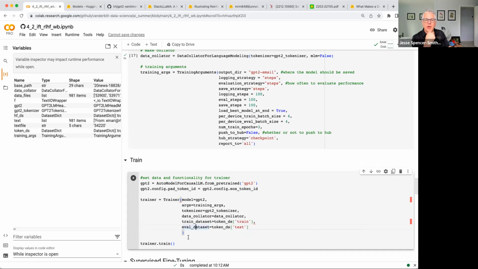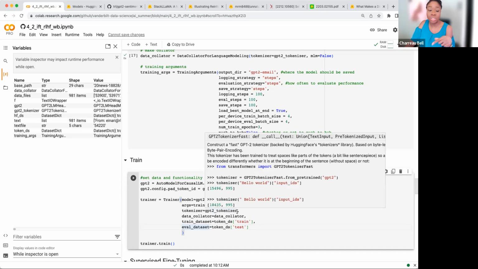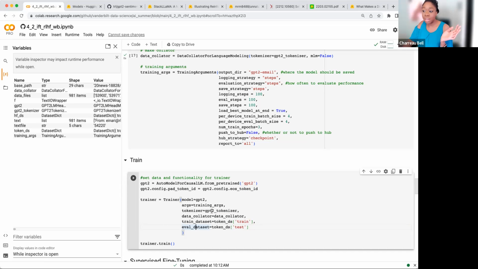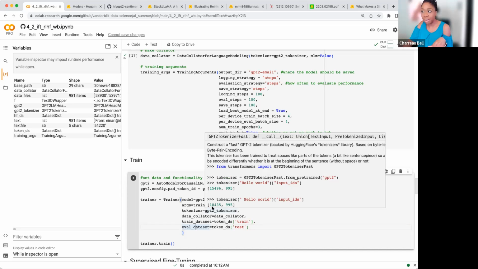And Chara, you have a question from Michael. Yes. I guess I thought our training data is already tokenized. Why do you specify the tokenizer again? This helps you to save. So essentially every time you save this model, it will also save the tokenizer with it. So if you don't put this here, it won't save the tokenizer with it. And then the next time you load it with something like a pipeline, it'll try to use the default tokenizer, which may be fine. But otherwise, you kind of want them to save together.